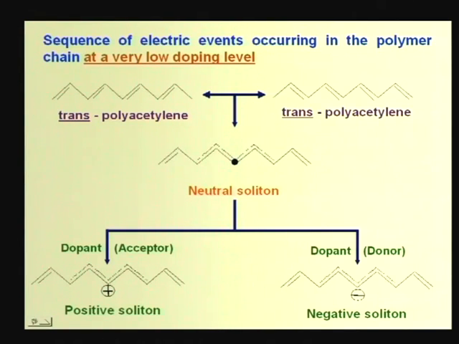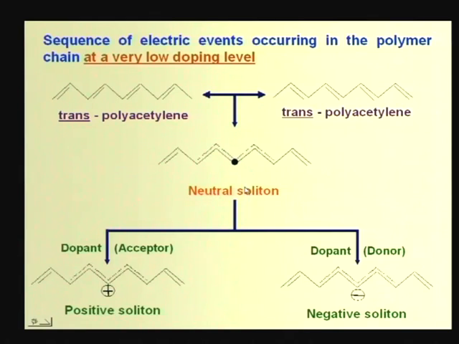It needs little knowledge in physics to understand this doping mechanism, conduction mechanism after doping. You see the sequences of electric events occurring in the polymer chain at a very low doping level. Say this is the schematic formula of trans polyacetylene, a conjugated system of double bonds. Now, this trans polyacetylene can have structure like this or structure like this, and from this you can have some